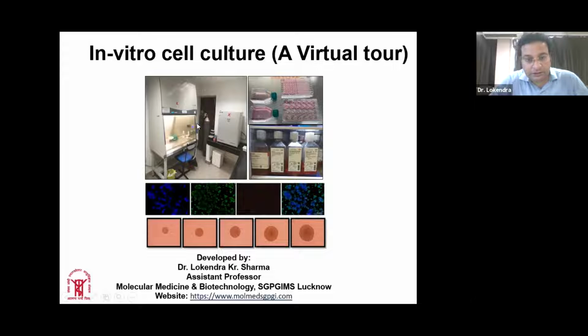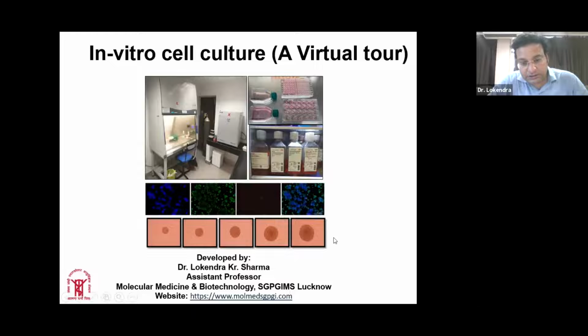The image that you are seeing on your screen first is primarily a basic setup of a cell culture laboratory. You have this biosafety cabinet, and you require one CO2 incubator in which you generally keep the cells. And these are some examples of plasticwares in which you grow the cells. These are some of the media compositions, and this is how you can see the cells which are growing in culture. So these are fluorescent images which are labeled by various sorts of dyes, and these dyes are different in color. So if you want to measure any cellular process going on inside the cells and various organelles which are present inside, you can co-localize them, and then you can study the mechanism.